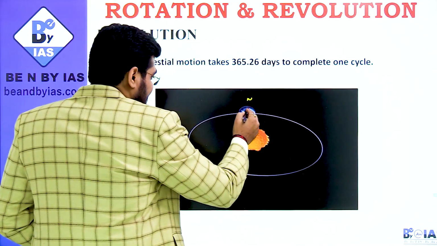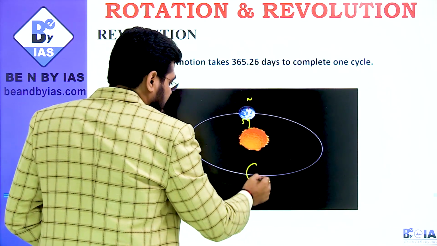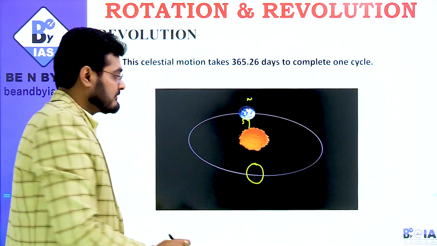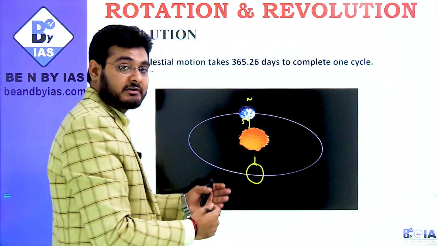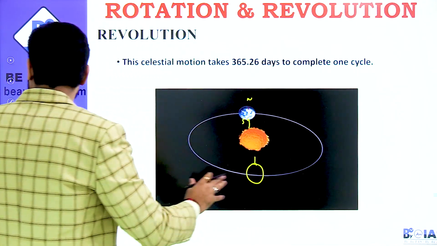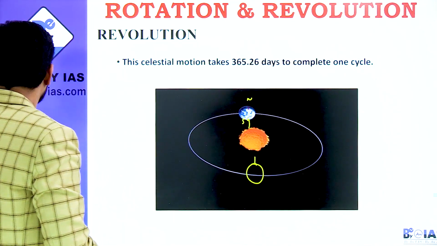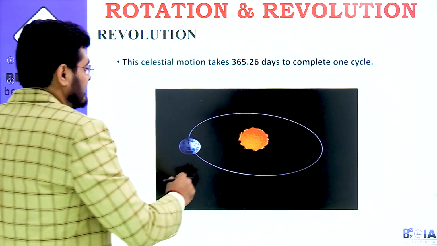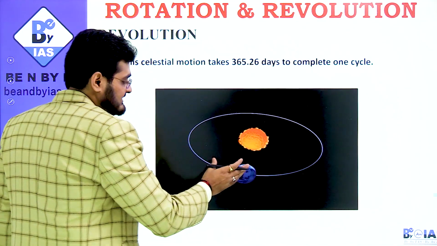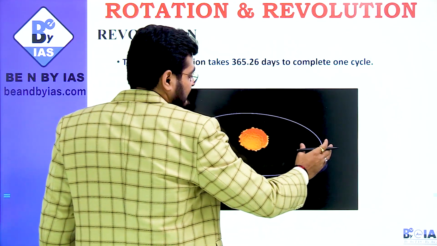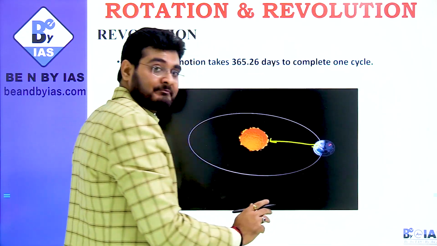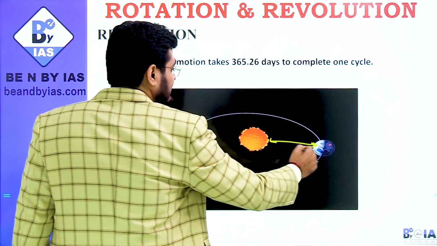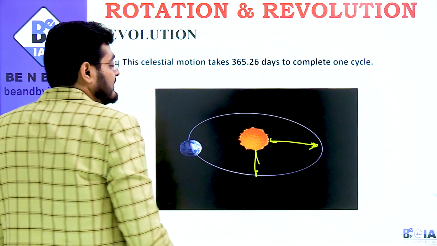Okay, now when the earth comes into this location, then also equinox occurs. Why again? Because the sunlight on the northern and southern hemisphere is again the same. So this would be the condition of equinox. And this condition, when the earth is at the farthest from the sun, is the condition of solstice. Just remember, this is the condition of solstice, and this is the condition of equinox.